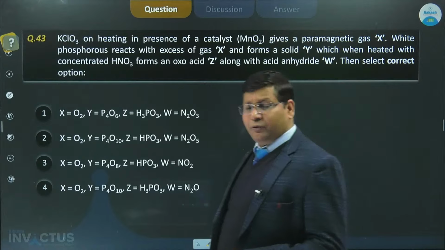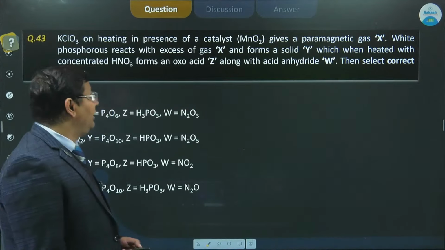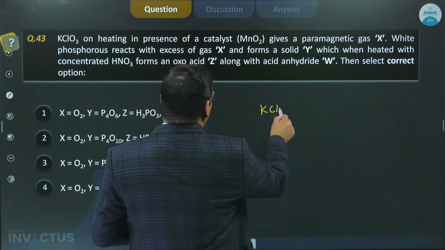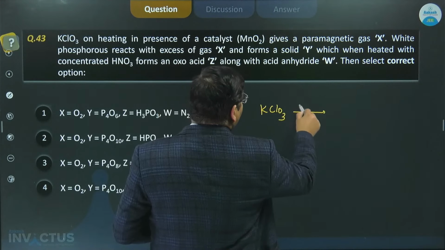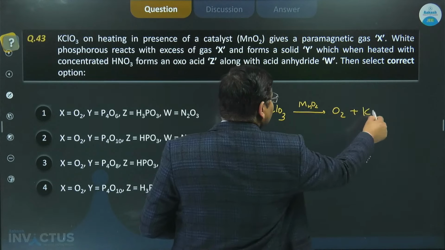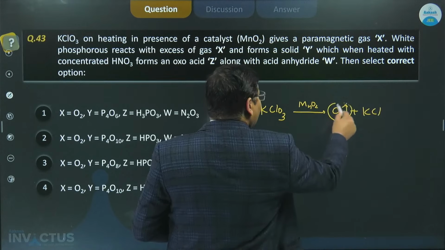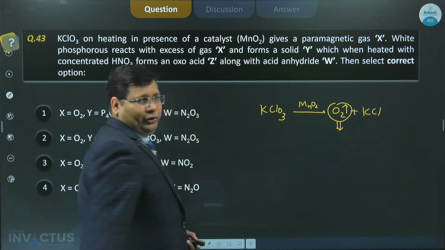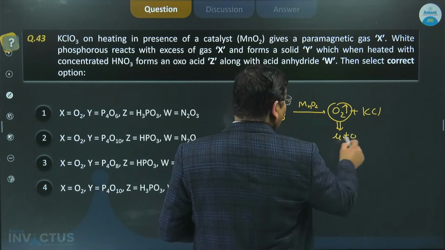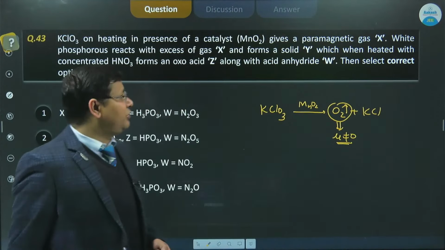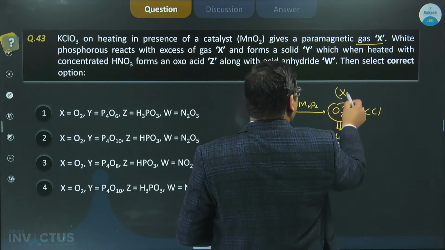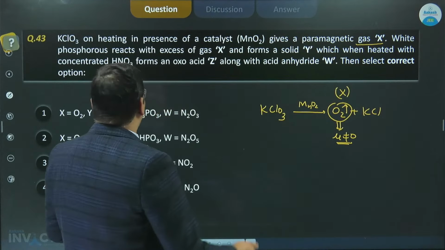तो inorganic में बच्चों आपको reaction बहुत अच्छे से आनी चाहिए। तो KClO3 को जब MnO2 की presence में heat करते हैं तो O2 plus KCl बनेगा। और O2 एक paramagnetic gas है, it has 2 unpaired electrons, ठीक है। इसका magnetic moment non-zero आएगा, MOT के through आप check कर सकते हो। तो paramagnetic gas X is O2।